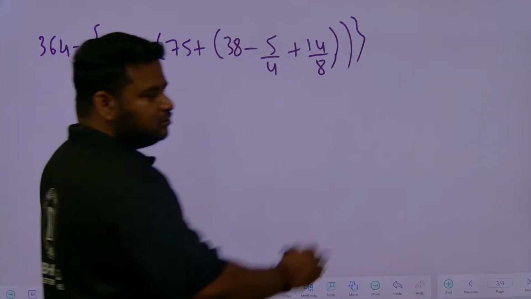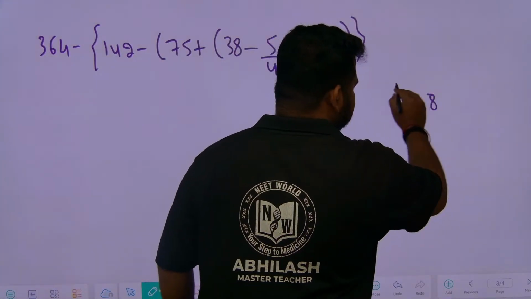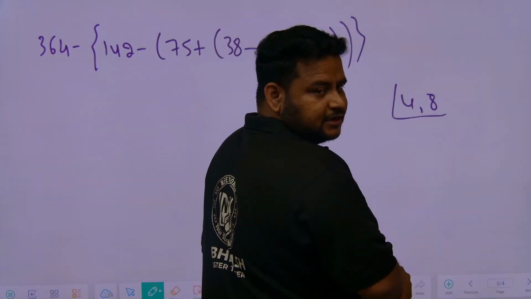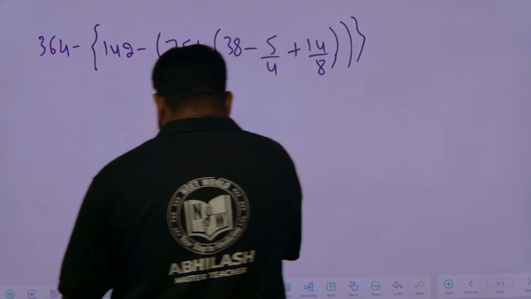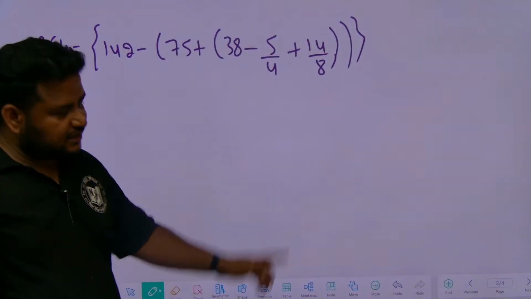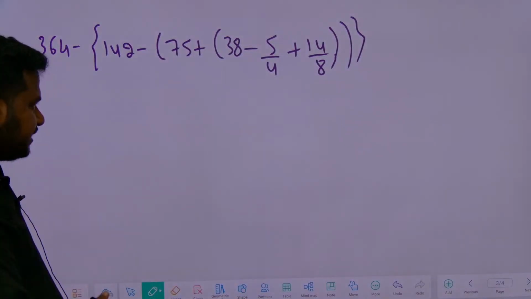Otherwise what you will do? You will write like this, 4, 8, and you will find out the LCM. That is fine, but don't use it for all the things. Where you can directly find out LCM, for those you don't write that way. Okay, so suppose we are given numbers like